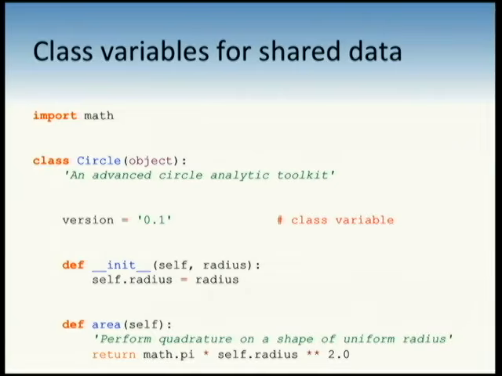Should you put shared data at the class level or the instance level? Class level. My version number. I put it in quotes. That makes it a string. Why didn't I do a floating point number? Is version 0.8 plus 0.1 equal to 0.9? Yeah. If you haven't had any bad experience with binary floating point numbers, someday you will. In the meantime, strings work really well.